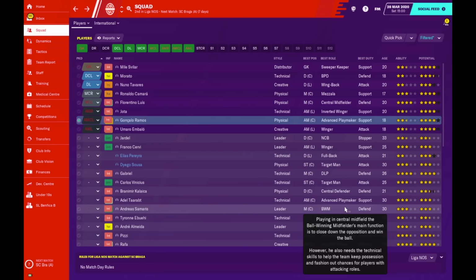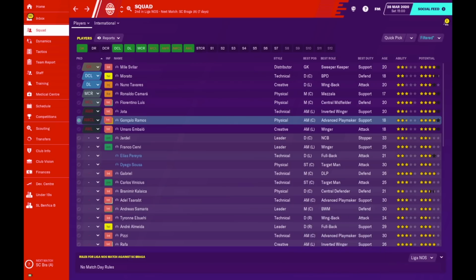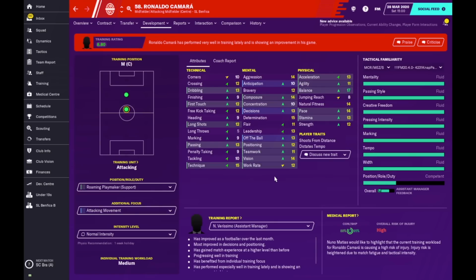with their playing style. And as you can see from this screen here, we have playing styles for multiple players. As you can see, my assistant reckons my goalkeeper is a distributor. He reckons that Amaro Mbalo is a creative player. And he also thinks that Ronaldo Kamara is a physical player. So what I have done for development, I've gone for Roman playmaker on support. I gave him the attacking movement, and his intensity level will be on normal intensity and on double intensity depending